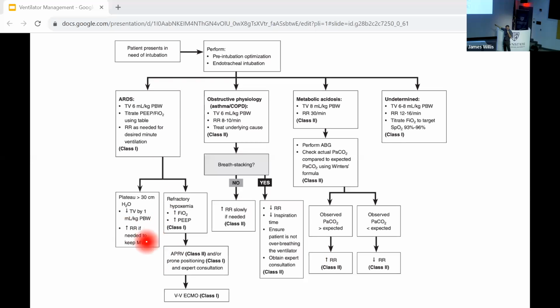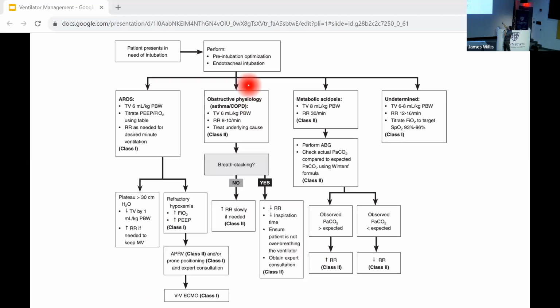ARDS, lung protective ventilation is the buzzword. Put that in your note. I'm applying lung protective ventilation. It's an umbrella term. Tidal volume, 6 mLs per kilogram. Titrate your PEEP. Look at the PCO2 and blood gas and pH, and then adjust your minute ventilation. Plateau pressure is too high, go down on your tidal volume. Hypoxemia, go up on your PEEP, FiO2, consider APRV, call for ECMO,